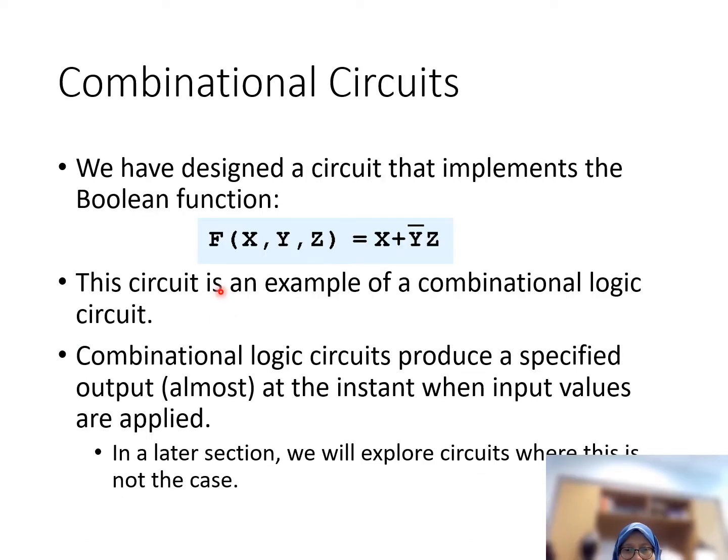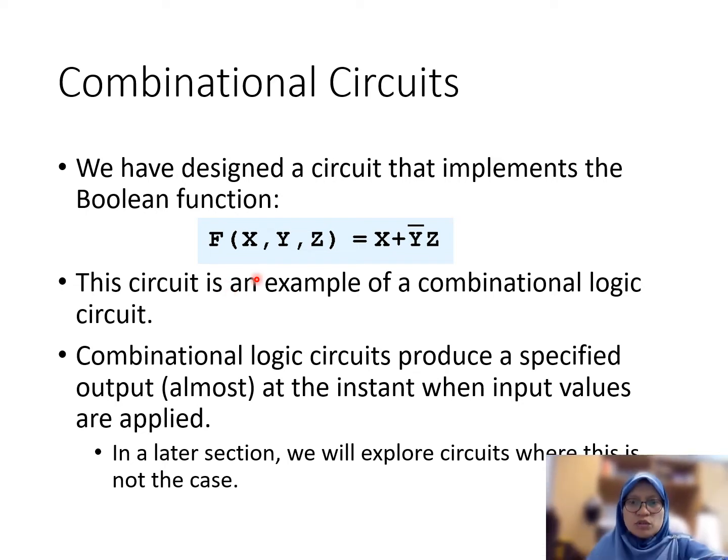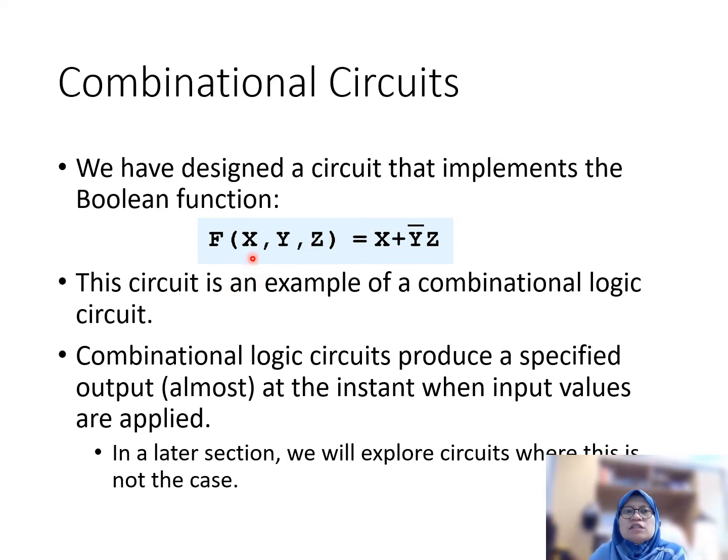Okay, for today, I will explain combinational circuits, which is chapter 5 of digital logic. We have designed a circuit that implements the Boolean function. This type of circuit is an example of a combinational logic circuit. We call this a combinational circuit because it produces the specified output almost at the instant when input values are